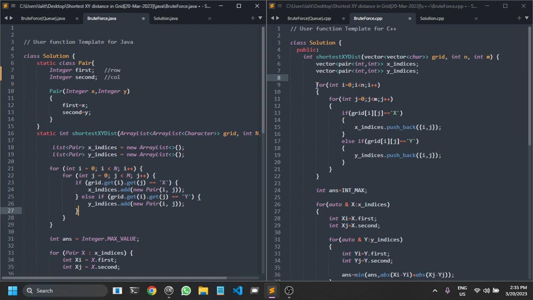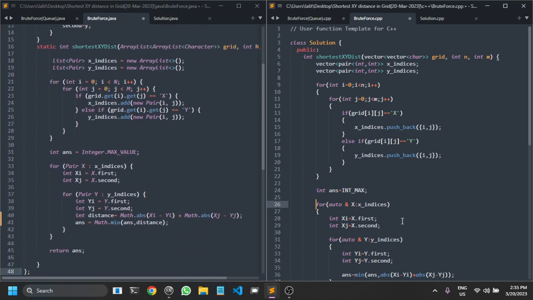After that, in this loop, I am going to fill this x indices and y indices. You can see that whenever I have x, I am going to put the coordinate into x indices, and whenever I have y, I am going to put the coordinate in y indices. Fine. After that,